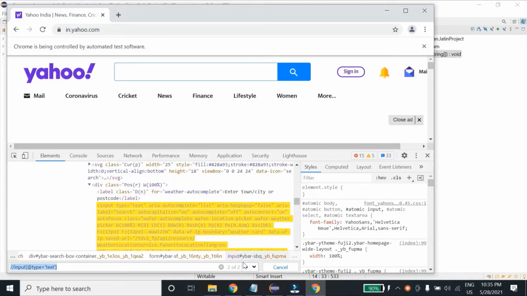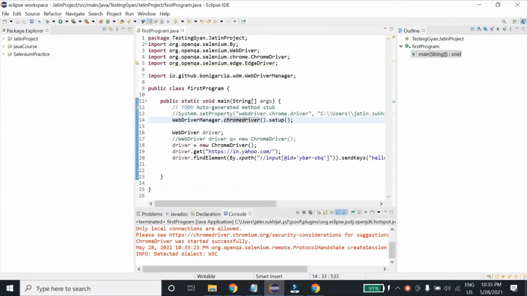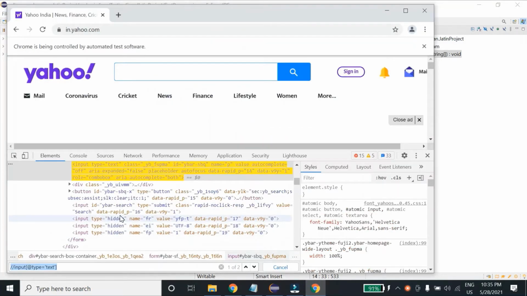So guys, I hope that this is clear now. But even if I use this XPath in my script, it will work correctly, because if there are multiple elements corresponding to the same XPath, then your script will act on the first found element. So whatever the first found element is, your script will act on that.